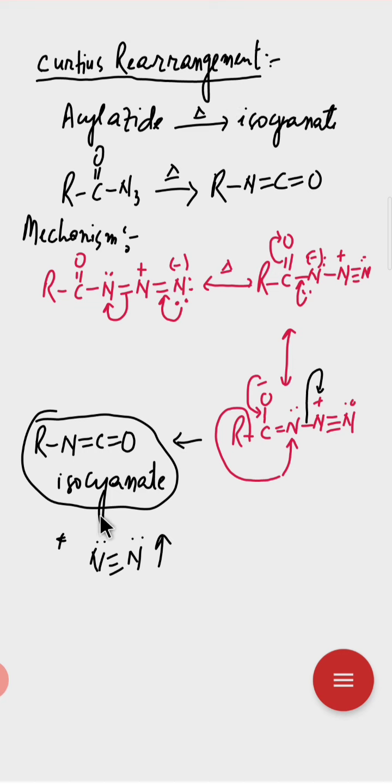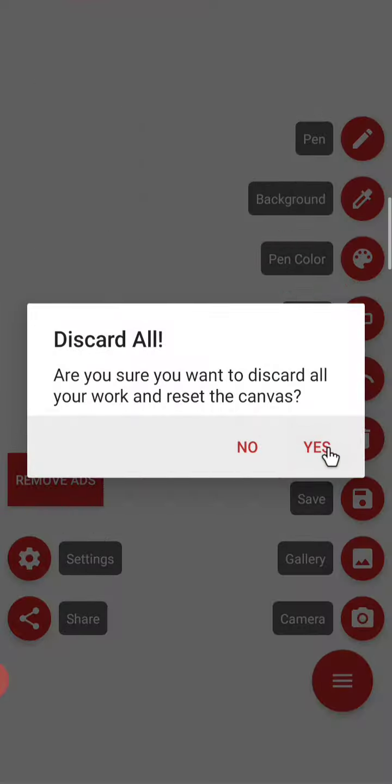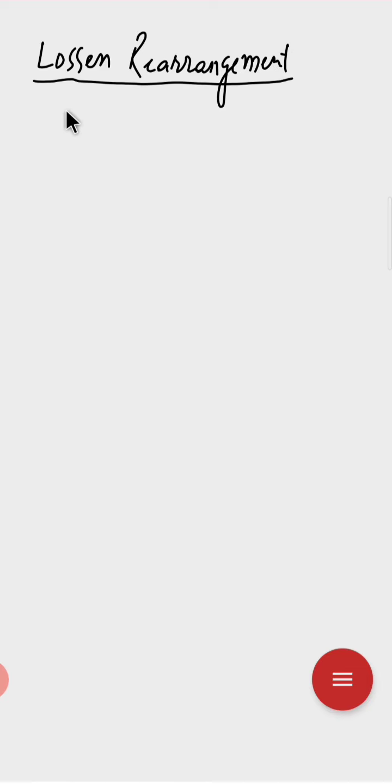Now let me do one more name reaction in this chapter. For that I need to rough this page. Okay, the second one is the Lossen rearrangement. This is the Lossen rearrangement, and in this rearrangement